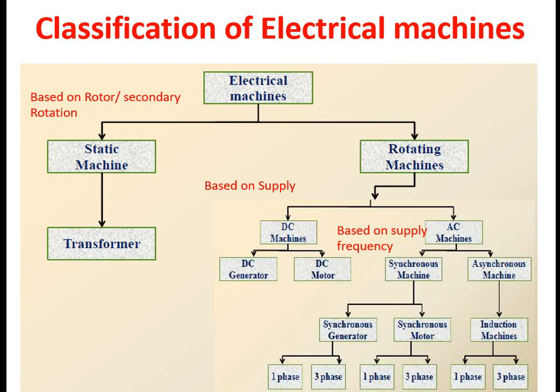So without giving any direct physical connectivity to the electrical supply on the rotor, we get power induced on the rotor. So we call an asynchronous machine an induction machine. It is purely indicating the way it gets power on the rotating part. In this video we are going to concentrate on the three-phase induction motor. As per the Anna University syllabus in Electrical Machines 2, we are going to concentrate on Unit 3, that is the three-phase induction motor.